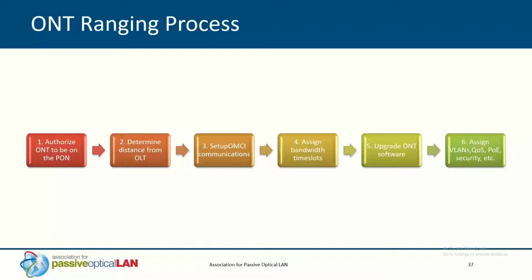So in reality, this stuff used to be required knowledge, but quite honestly, in the modern world, it's usually as simple as plug an ONT in, the OLT chassis will see it, put your serial number where you want, and start configuring. On the far right there, you see the actual bread and butter here, which is VLANs, PoE wattage, your QoS, is it IPTV, IGMP aware, all of the stuff that the network guys do all the time. So this ranging process, while interesting, you don't need to be the rocket scientist GPON guys of old. Pretty much this is all done for you, and it's much easier to configure than when I started doing this.